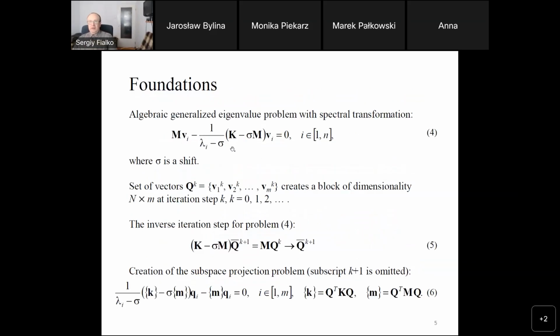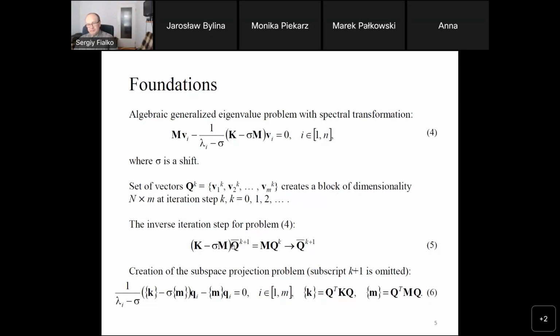When we use the spectral transformation, we obtain the following formulation of the algebraic generalized eigenvalue problem. Here sigma is a shift. We create a subspace with dimension of small m. The rectangular matrix Q consists of the approximations of eigenvectors V1, V2, and so on at the iteration step k. On each iteration step, we make the inverse iteration step 5 and obtain the improved